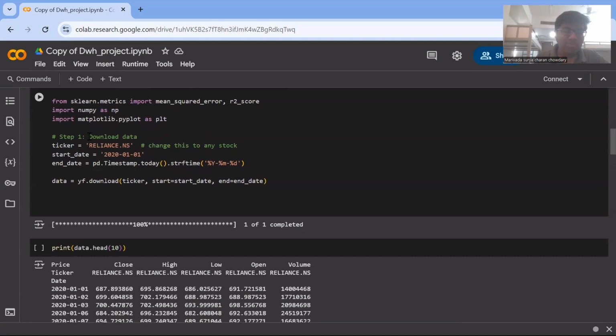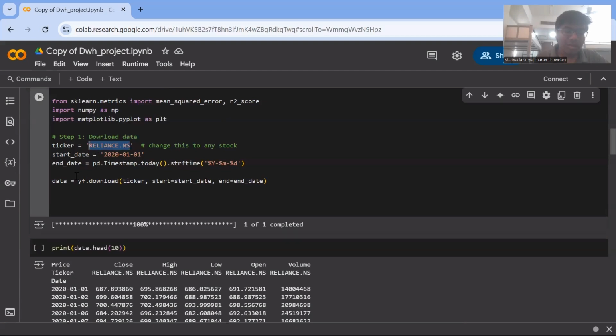Now let us go to the first step. Here, in the first step we have declared a ticker. Ticker is a label given to stocks. Here we have considered Reliance.NS. NS means National Stock Exchange. Now here we have defined the start date as January 1st, 2020 and the end date as today. Here we have to download the stock information from the start date till today, and it will be stored